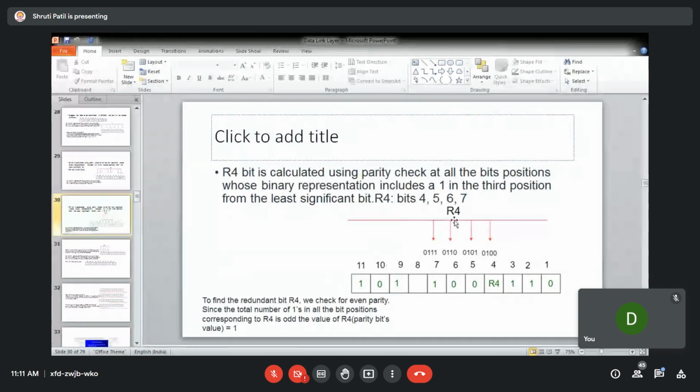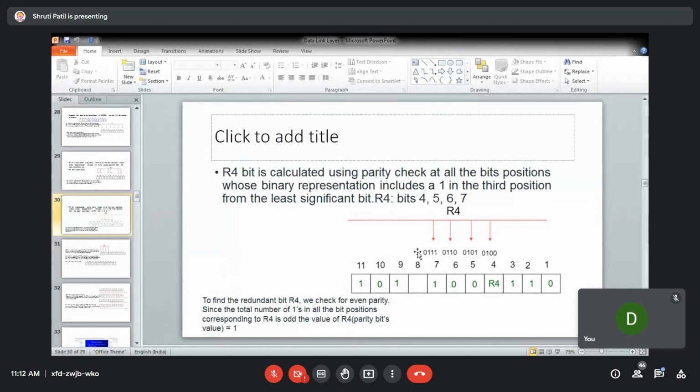Now the next is R4. Is the slide visible? Yes, ma'am. So for R4, you have to check the bit positions where you have 1 in the third position. So this is 0, 1, 0, 0, 0, 1, 0, 1, 0, 1, 1, 0, and 0, 1, 1, 1. So 4, 5, 6, 7.